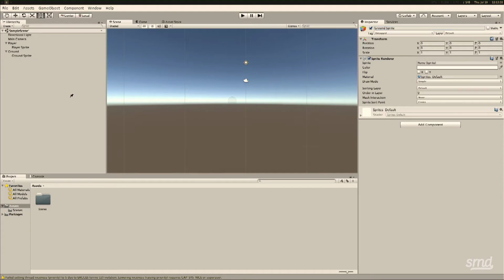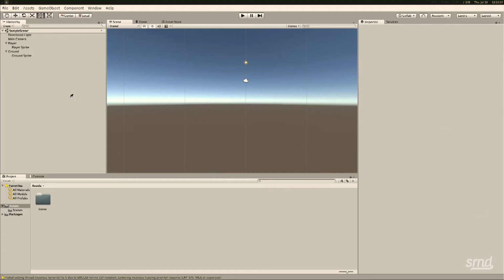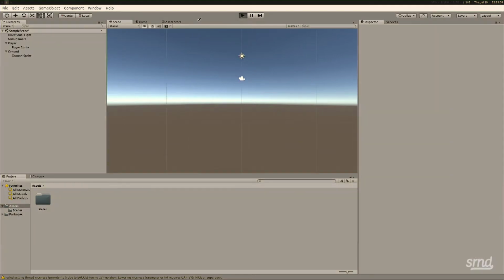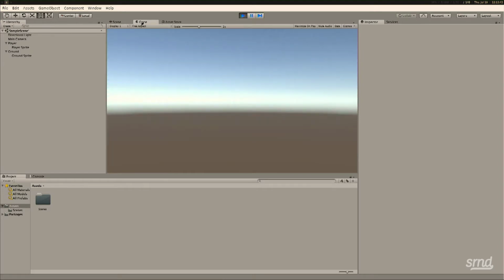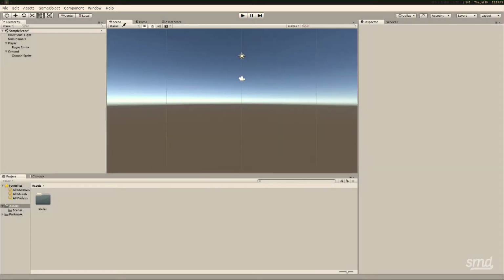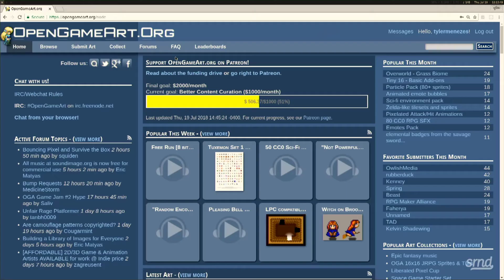Cool. Good. We got our two sprites. There's absolutely nothing here yet. You can see I can actually hit the play button and it will switch over to this little game tab right over here. It'll take a second and there's nothing going on, and that's because we have no art for our sprites yet. So what we're going to do for art is we're going to go to this really great